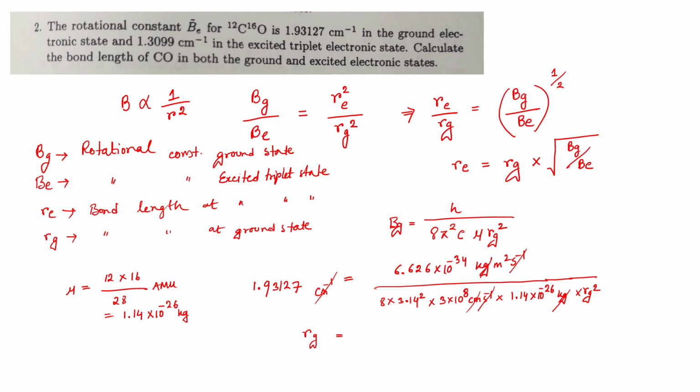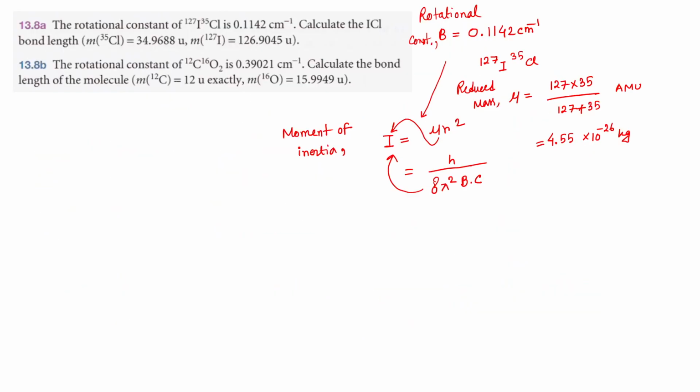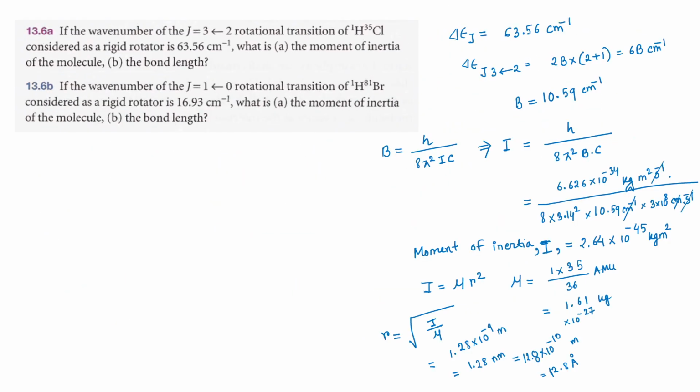This is the square of this. Square of all the calculation, I will get 1.13 into 10 to the power minus 9 meter, again, which is 103 picometers. Okay, 103 picometers. And what is the value last time we got? Or 1.28,